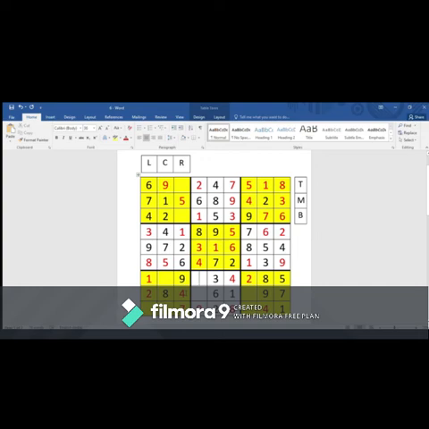Now let's go to 5. There is only one 5, leave it. Number 6, only one 6, leave it. Number 7, is there any number 7 over here? Yeah, number 7. The only place 7 is left is over here, because 7 is capturing this column and the other 7 is capturing this column. So the only place where 7 is left is over here. Number 8, one over here, other over here, and other over here. So 8 is done. 9, 1, 2, 3. So the 9 is also done.